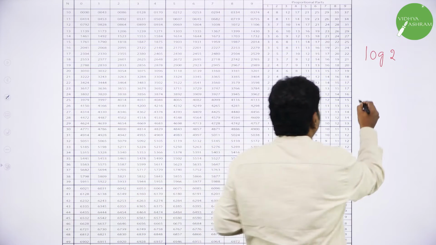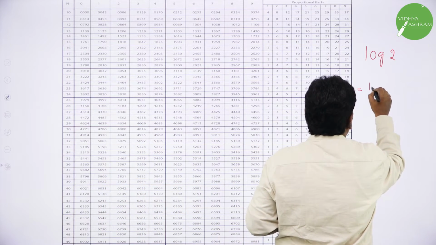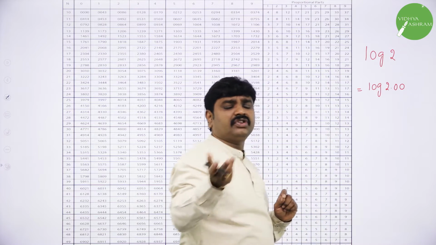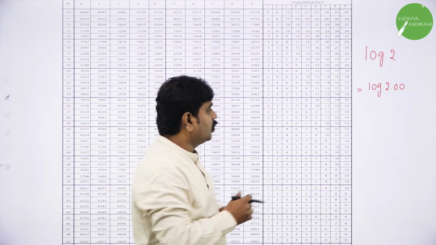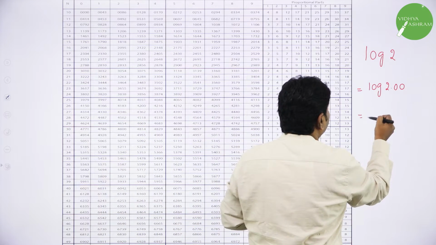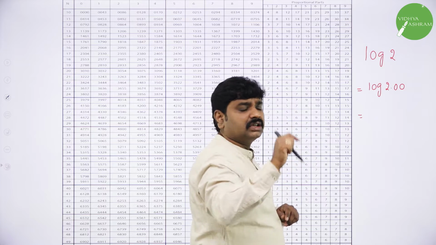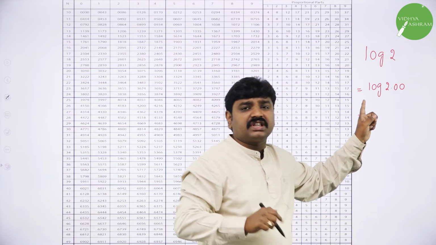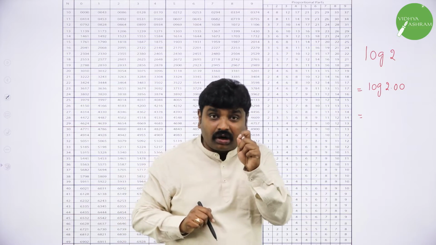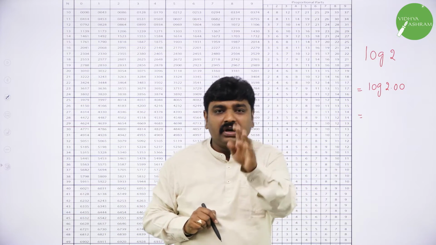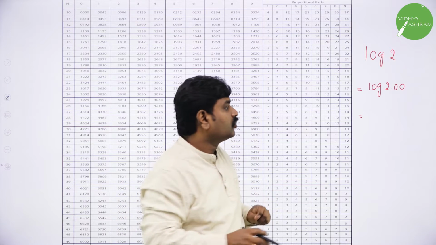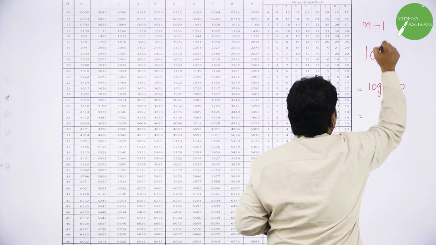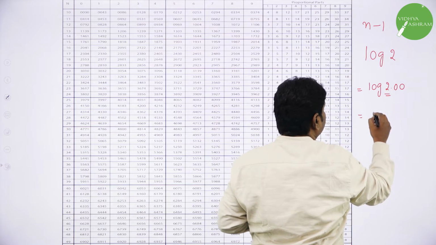So, log 2, can I consider this as 2.00? After 2 no digits are there, so can I say 2 as 2.00. Now before the decimal, how many digits do you have? One digit. So before the decimal we have one number. How many digits are before the decimal? One digit. First, to find log you should find the characteristic. To find log what should you do? You should find the characteristic. So before the decimal the number of digits is 1. Number of digits minus 1 you should do. So before the decimal we have one digit. 1 minus 1.